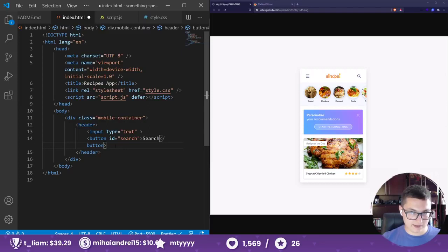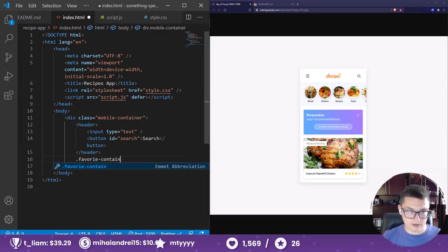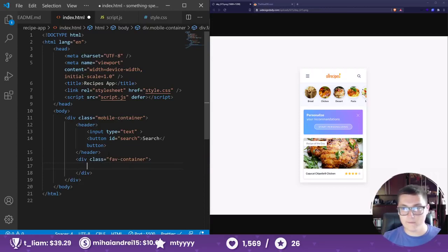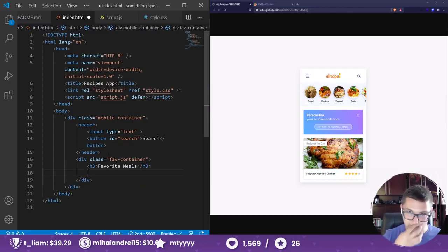All right, text and search, good. Underneath that we're going to have a favorite container, fave container, and here we're going to have a small heading, favorite meals, like that, and underneath we're going to have a list of